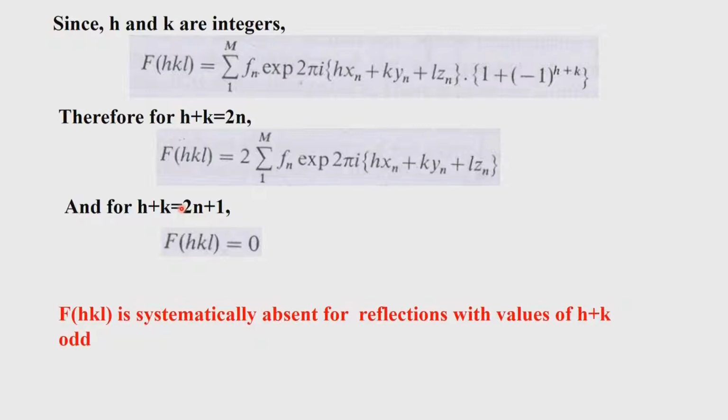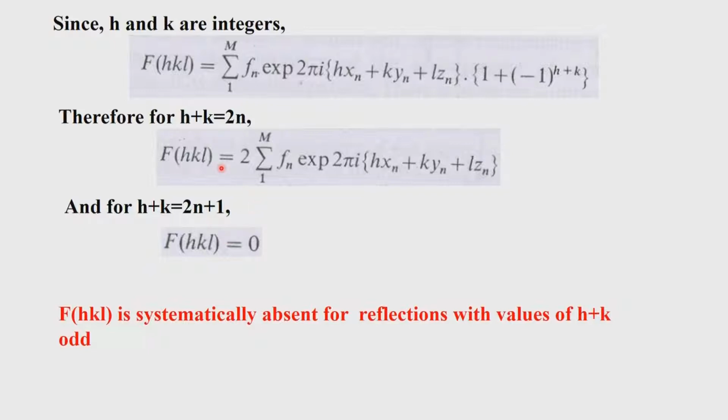HKL reflections which are measured in the entire experiment, if you measure them, you will see that all those values for which h plus k is odd will not be there. So, if you display your reciprocal lattice in such a way that you look at the way in which the reflections appear, all the h plus k odd values will not be there at all. That means you do not see any reflection coming out from the experiment. So, the experiment generally is dominated by half the set of reflections, and they come twice, 2 times sum over 1 to m f of n exponential, which will allow us to calculate the f of HKL values.